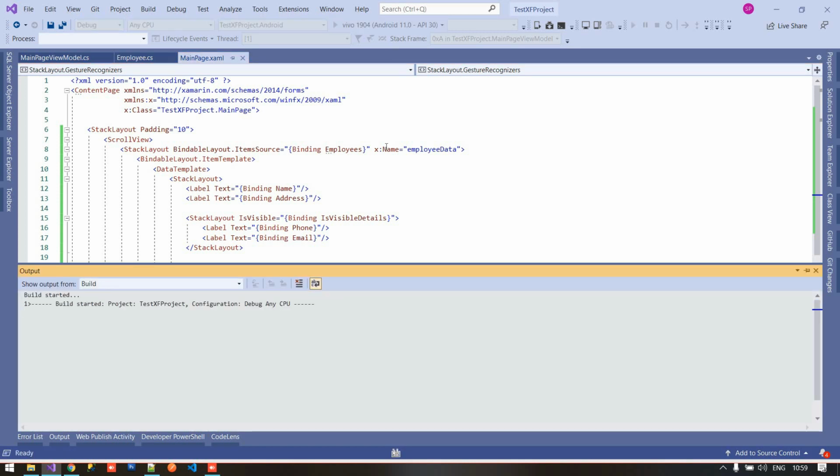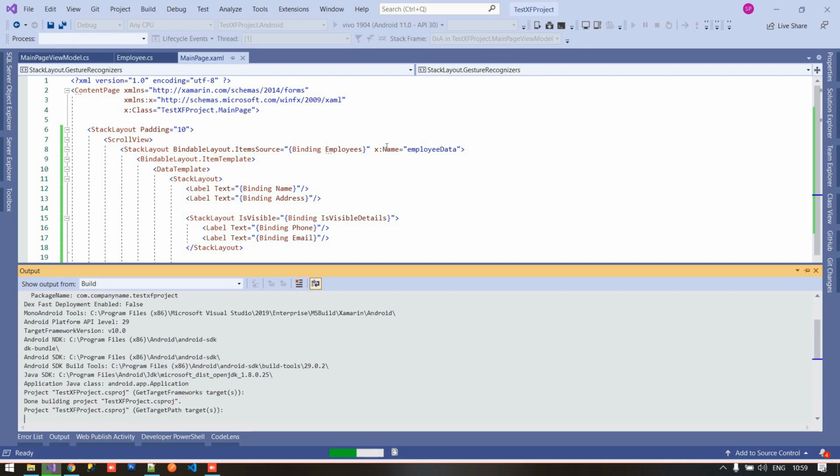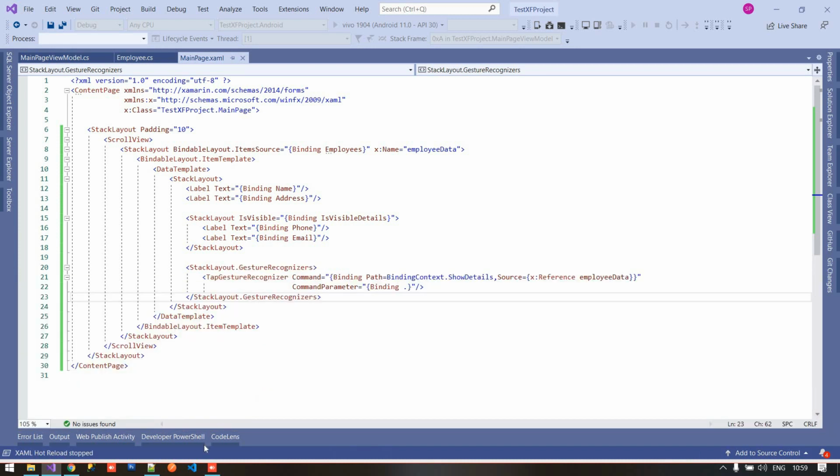So I'm going to run this project again. Now that item is showing here. After clicking on this, you can notice that the phone number and the email are showing. It's looking very odd because I am not setting any style here. Whenever we click on this item, it will hide, and when it's hidden, clicking shows it again. You can notice that. So that's the expandable view.